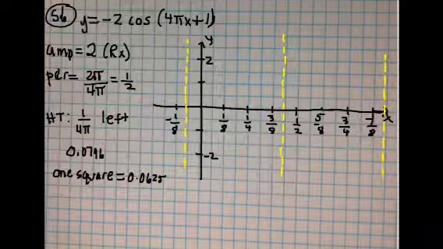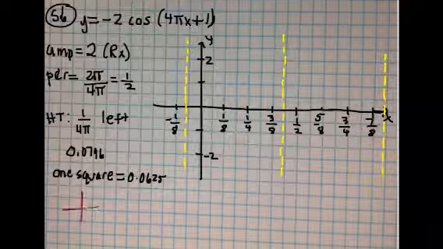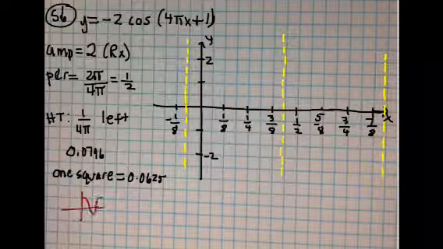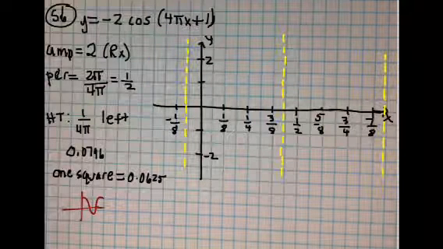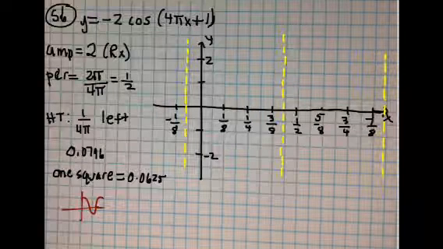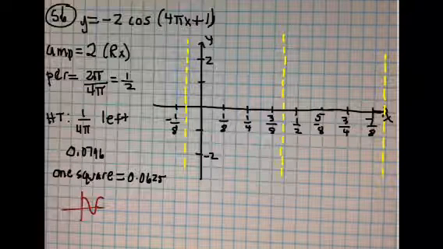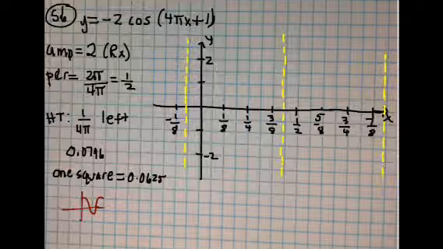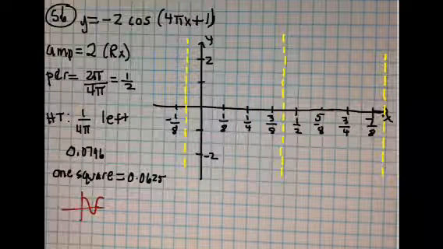Okay, so 56 is another cosine function. Remember, the cosine function looks like this. The amplitude is 2 with the reflection over the x-axis because the a is negative. The period is 2 pi over 4 pi, which is 1/2. The horizontal translation is 1 over 4 pi to the left. Okay, now 1 over 4 pi rounds off to